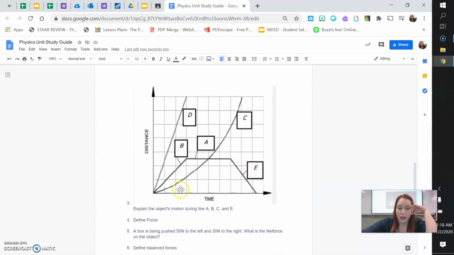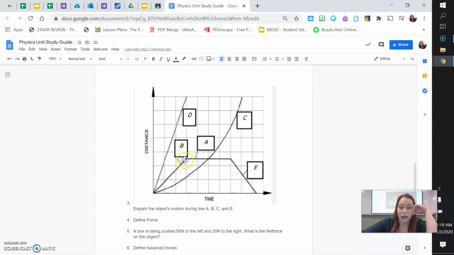This says, explain an object's motion during line A, B, C, and E. So here at A, I want you to notice that the distance would be remaining the same as time continues on. So this would mean the object's at rest. If the distance isn't changing, but time's moving on, the object isn't moving. You could say stationary, staying still, not moving, at rest. For line B here,